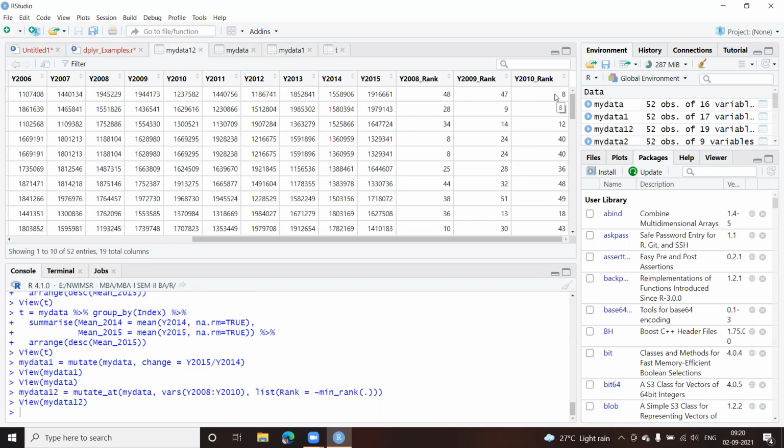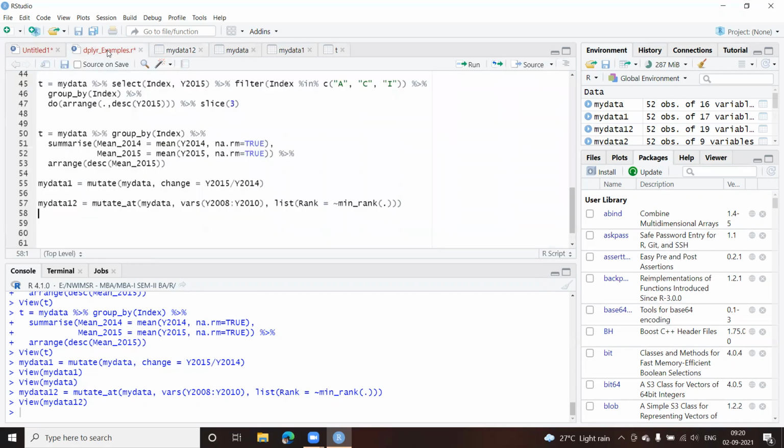So we can just make a judgment. Now, if you remember, when I say min_rank, the minimum value will be ranked 1. So this indicates that the values are slipping down, not that the ranking is increasing. If I want the other way around, if I want the highest value to be ranked 1 and the lowest value to be the last one, then I can just change this to descending.